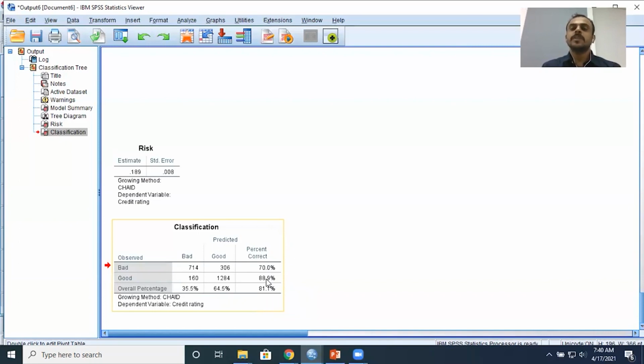Remember, if you want to operationalize this in a real-time scenario, you might want to split the data set into training and test. You might want to build the model on training, get the output, and then predict it for test. And then you look at the percentage of correct classification in the test data set. That is the right way to do this, and this is how people do it in a real-time scenario. But I've not split this into training and testing. I've just run this on the entire data set because my purpose was to just show you how a decision tree works.